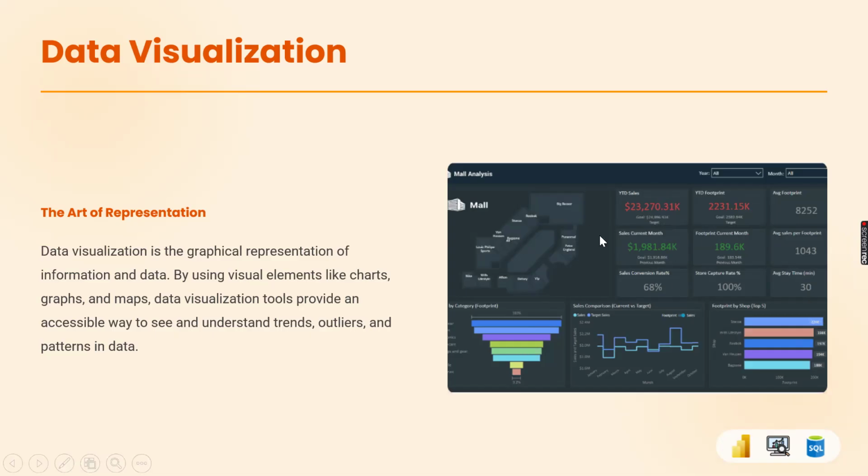Each KPI, whatever you see, will give them some insight. They will clearly ask you what KPIs you are adding, and what each KPI is going to represent, and how it is going to give them some insight so that they can explain to their managers. That is the main important thing which we need to remember.